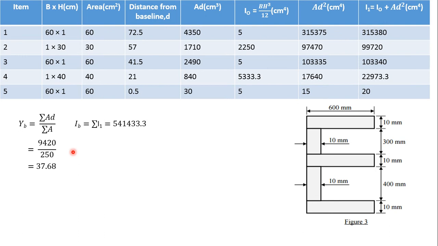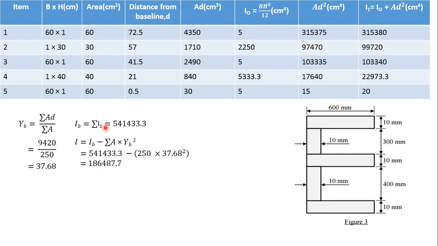Next you have to find IB, which is the summation of I1. And by finding I, you will take IB minus the summation of A times YB square, which is area times your YB square. The whole thing gets subtracted by IB,